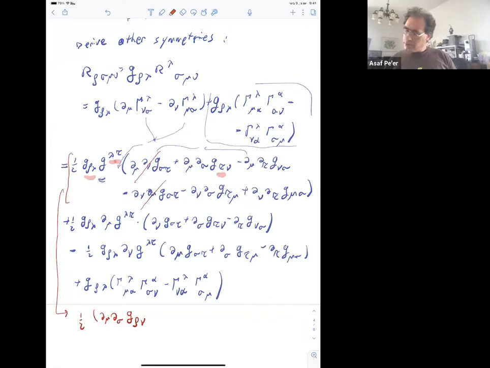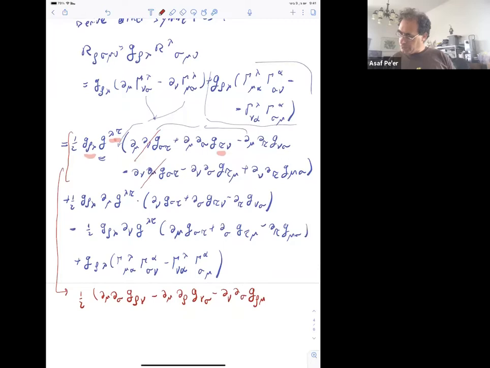And then I have minus d mu, again tau is replaced with rho, so d rho g mu sigma minus d mu d sigma g rho mu plus d mu d rho g mu sigma. Oh, lovely. Okay, now we have